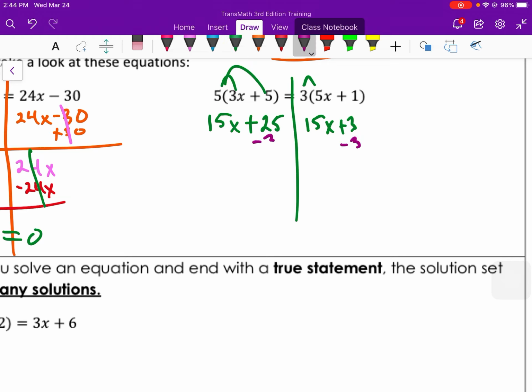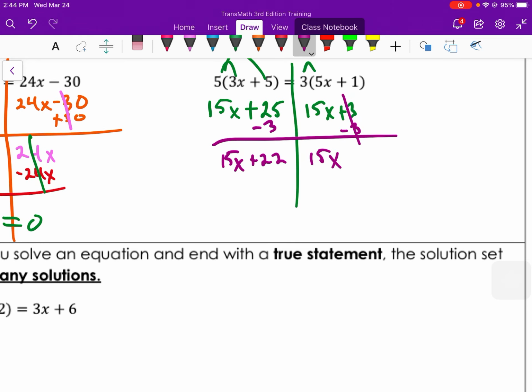I'm going to subtract 3 from both sides, and then we see that we have 15x plus 22 equals 15x. Now I'm going to get my x's on one side, because that's how we want to solve. We want to isolate or get our x's on the same side. So I have minus 15x minus 15x. That is 0, so I have